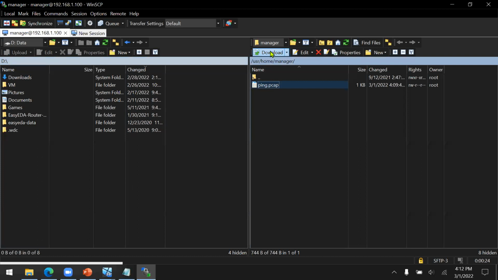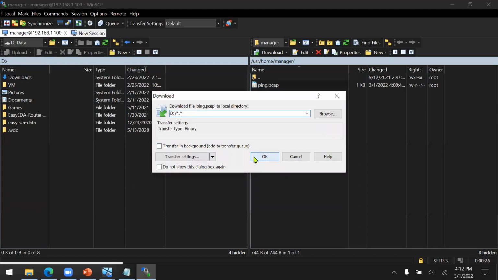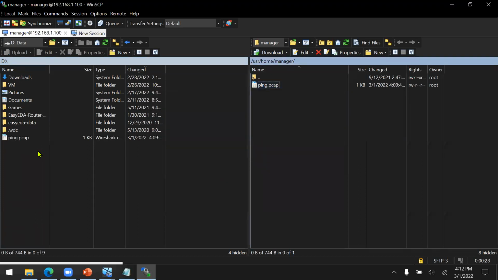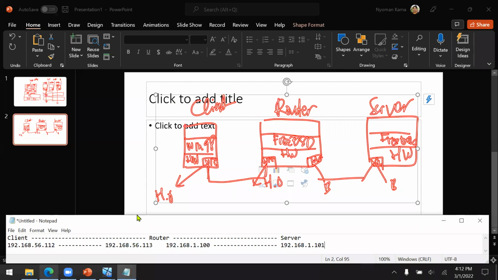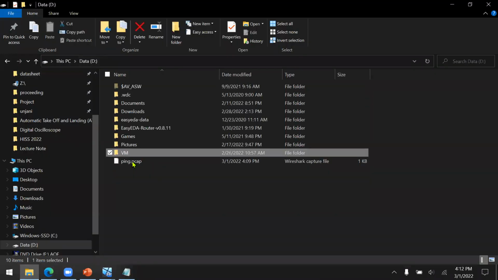Maybe I can just download. Okay, it works. And then let's close our WinSCP, and then we have now the ping.pcap, this one.